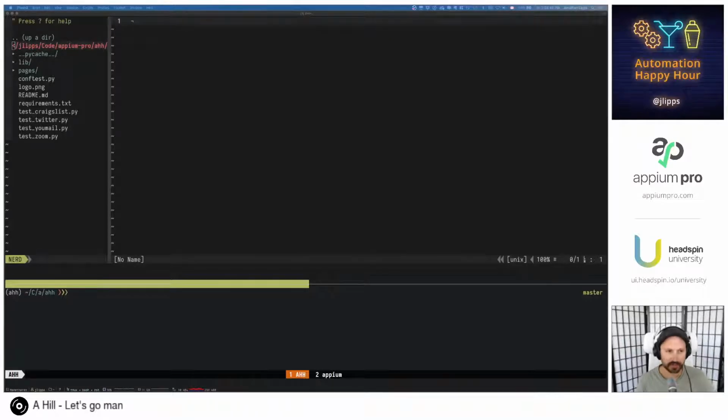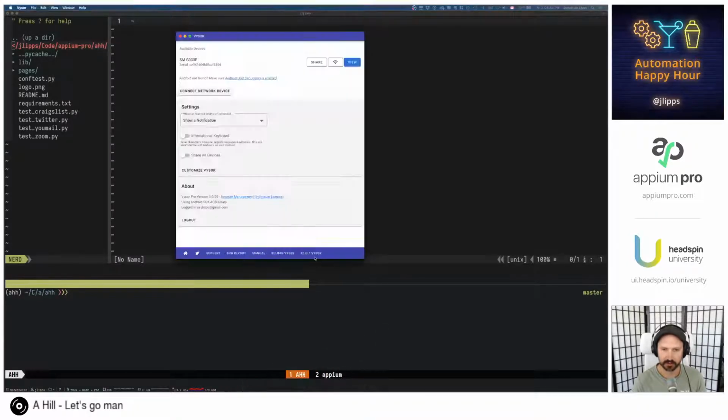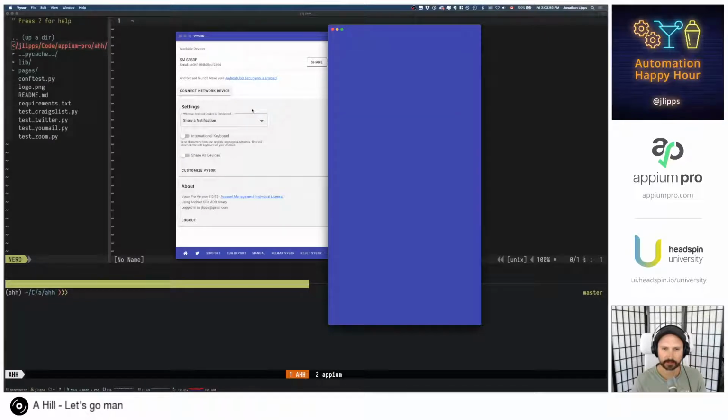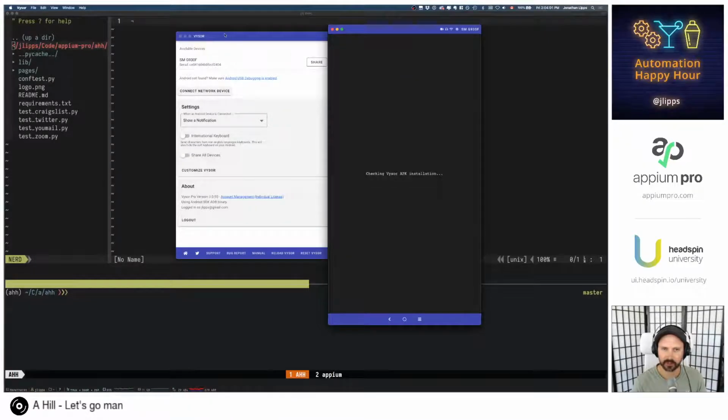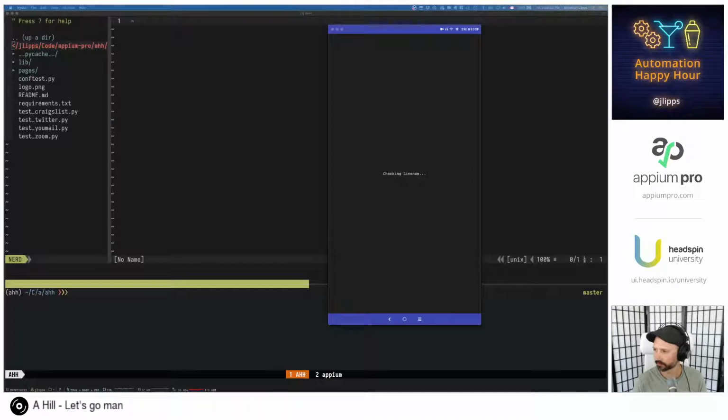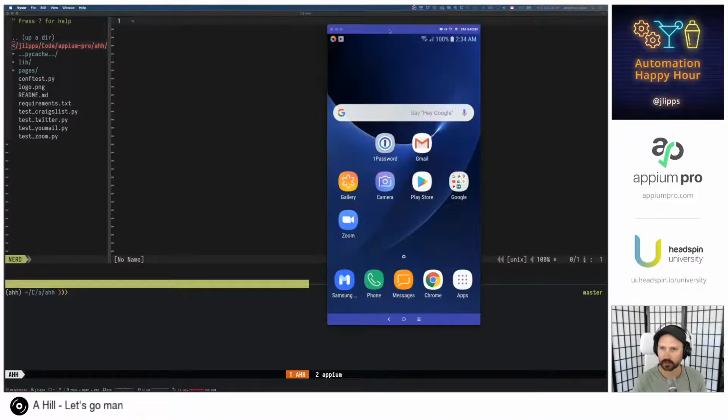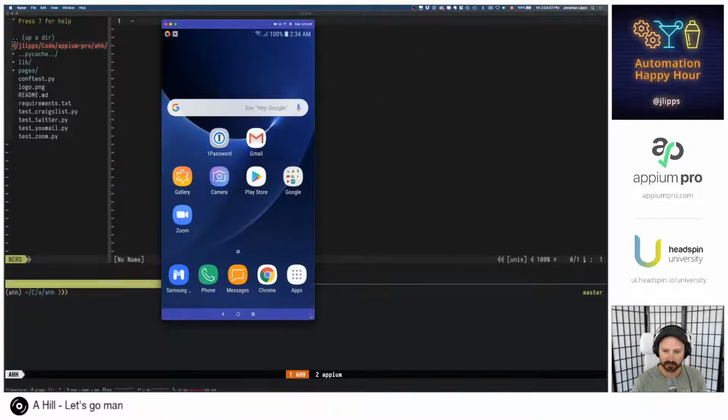Okay, I have been trying to figure out what to automate today. I didn't have a lot of time to think or do any prep, but I've got my Android phone here. Let's connect up Visor. Here's our device.